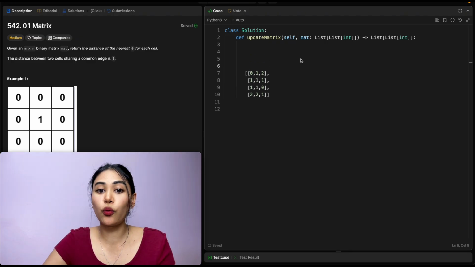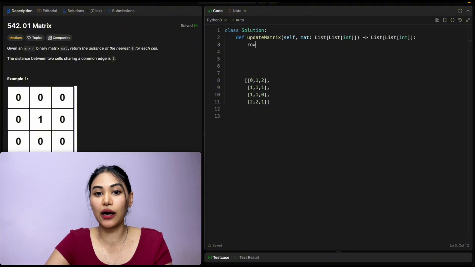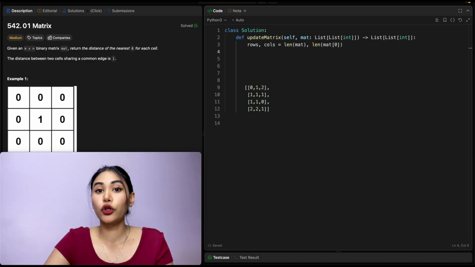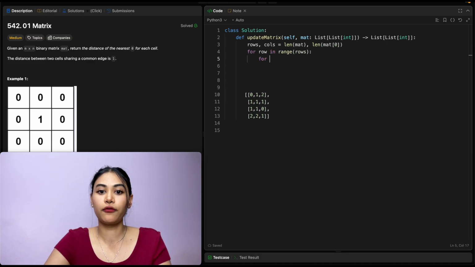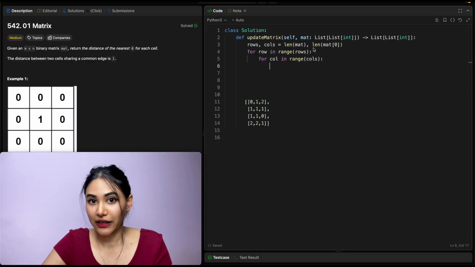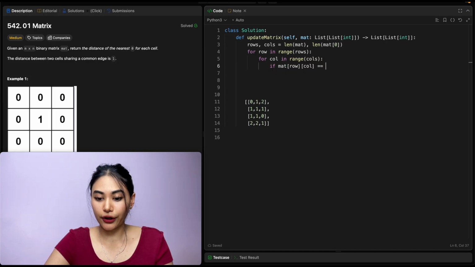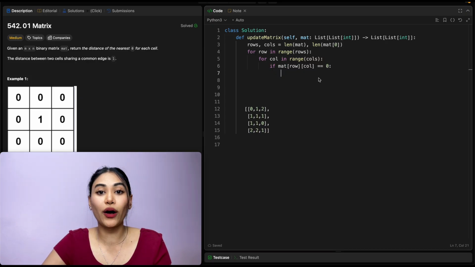To code this up, we know we want to loop through our matrix first and find all of our starting points. So we just need to loop through. Let's initialize our rows and columns. So rows and columns are going to be length of matrix and length of matrix of 0. Looping through, so for row in range rows, for column in range columns. We want to see what the value at this matrix is. If matrix of row column equals 0, we want to take whatever row column cell we're on and append that